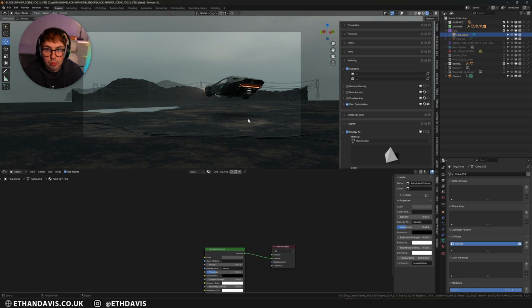But that again is why I wanted to render the fog out separately, because I wanted to render everything else at one noise level. So I think I did 3000 samples for everything, and then I only did 1000 for the volumes, and then denoised everything. But I didn't denoise the base images, only the volumes, and that was purely so that I could save on render time.